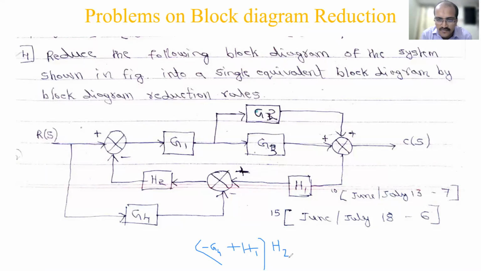So now I am separating out the feedback path. One is H1 into H2, which I made, right? I have separated it out, with the same sign kept as minus. And another path, what I have is minus G4 into H2. So this is the algebraic way of doing it, the same thing. G4 is there already, H2 is there already. To include this minus, see here, in this block there is a plus here. So that's why it is H1, H2 and 1 will come. Instead of writing 1, it has no meaning, no? So 1 is not written. But here, if you don't write that, the meaning will go. That's why -1 is particularly added. Hope it is clear to us.